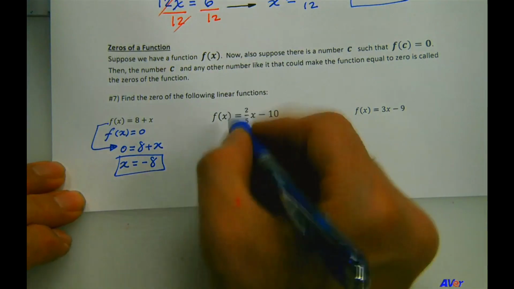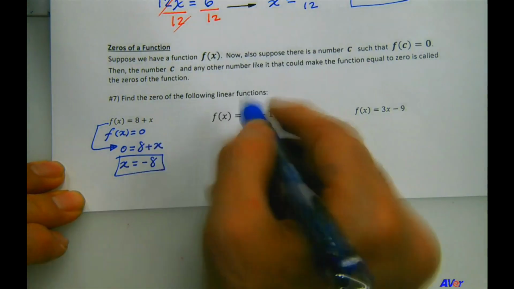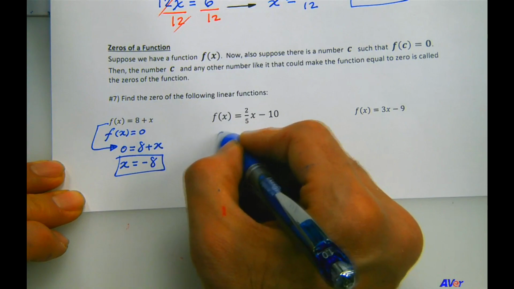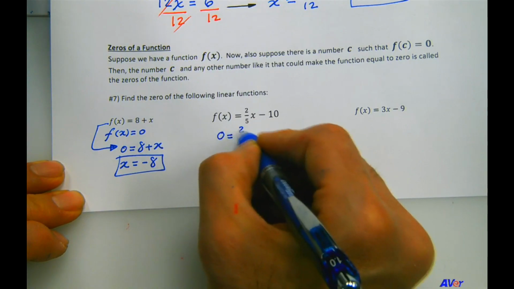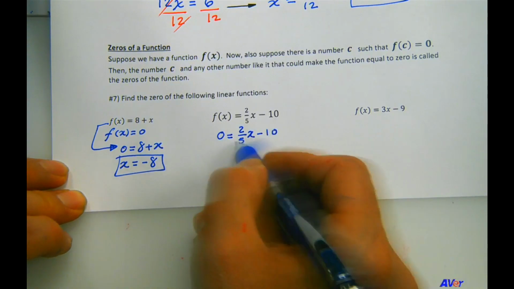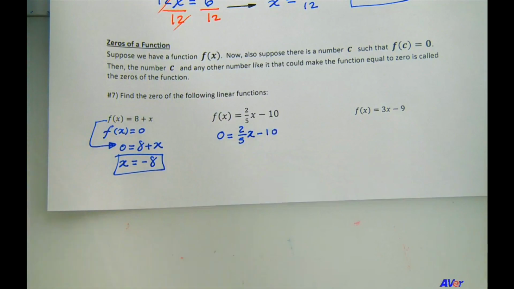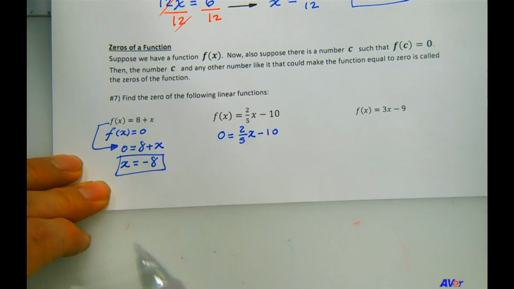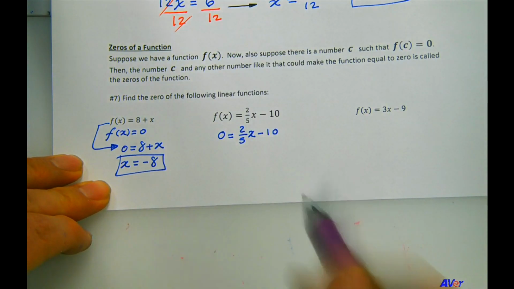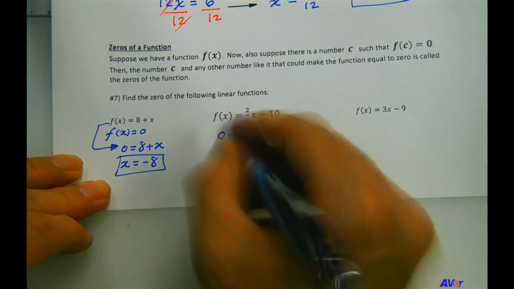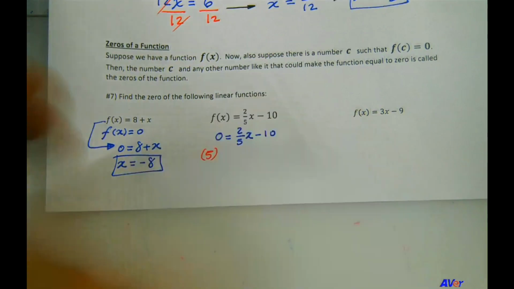How about here? Well, again, to find the 0 of a function is to find the value that would make this function equal to 0. So 0 equals 2/5 x minus 10. We have a fraction. Nobody likes fractions. Let's get rid of it. How do we get rid of this? Multiply both sides by a single digit that would clear the fraction or fractions. What would that number be in this case? It would be 5. So 5 times 0